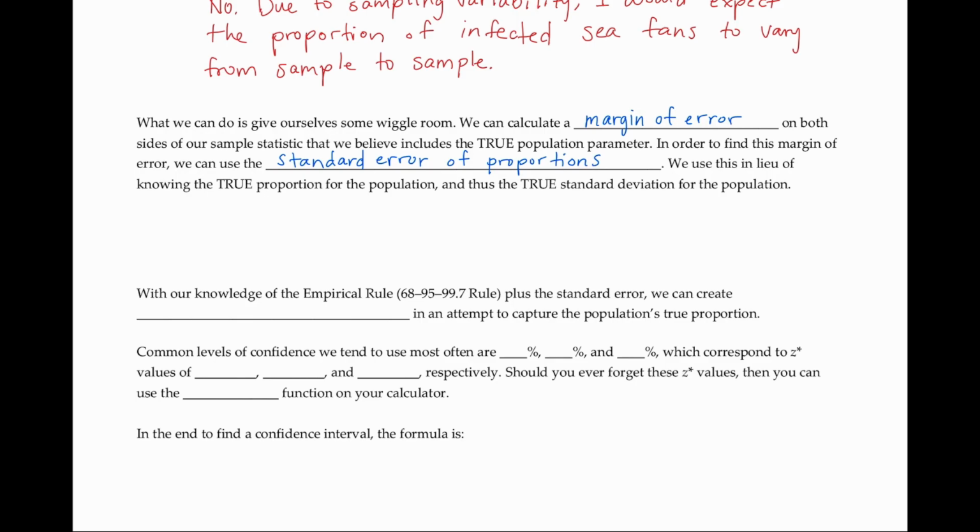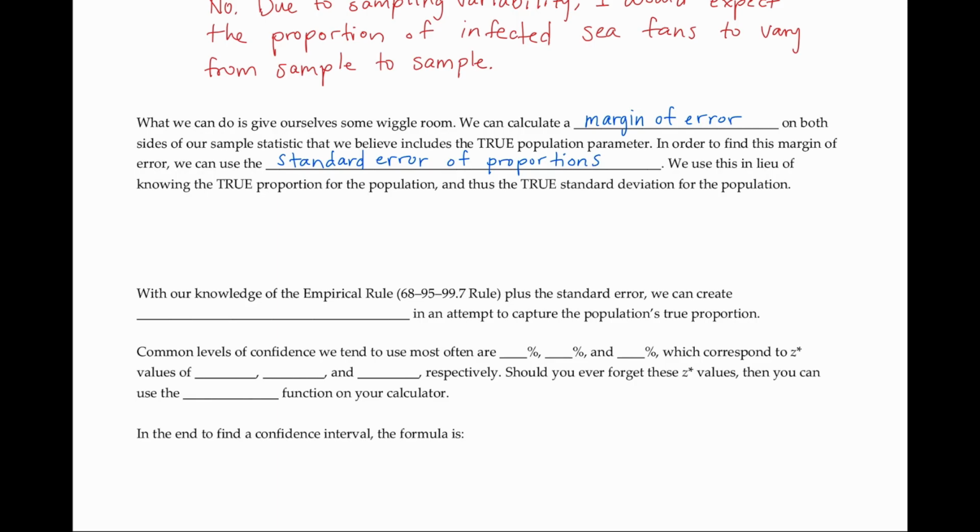We do not have the p-value this go around. We have instead a p-hat. The goal of this whole thing we're doing right now is to try to estimate p, but all we have is p-hat. And since we're using the sample in order to do this, we call it standard error instead. So the standard error, if you recall,